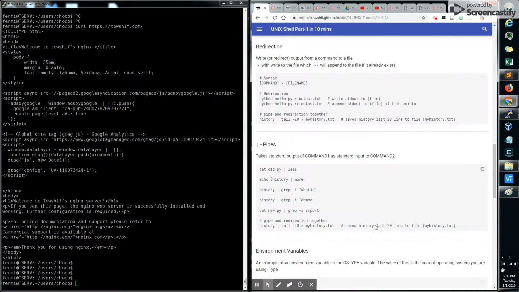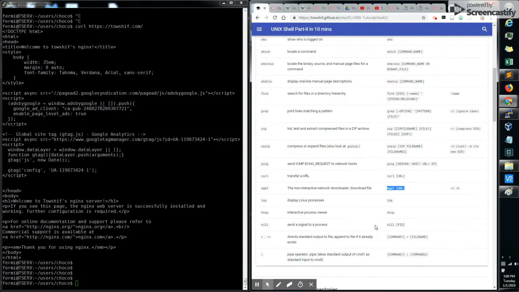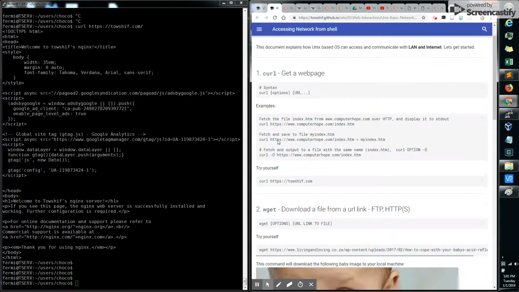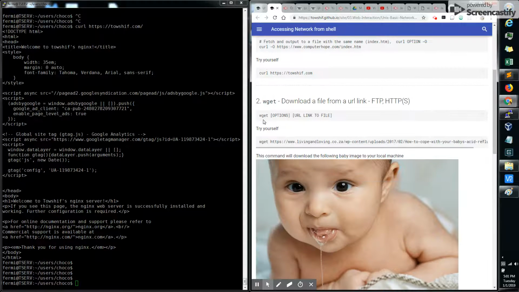So let's go down, because I think I put it in a separate section. I have more details on CURL and wget in another section called 03 web interaction, and there is this network accessing network from shell. In this, I discuss a little more detail about CURL, like I was mentioning before. With CURL, you can download, and for wget, you can use this wget command to download some file,